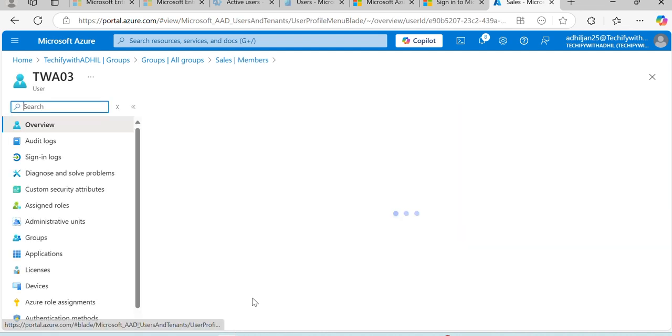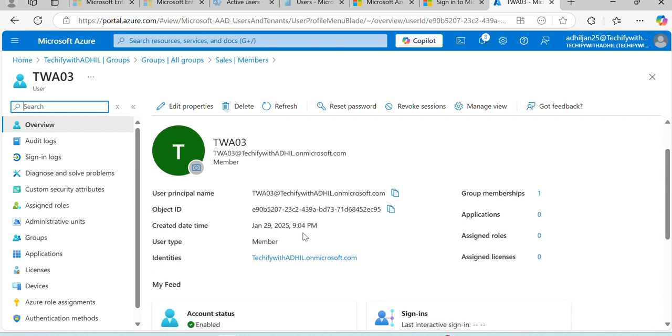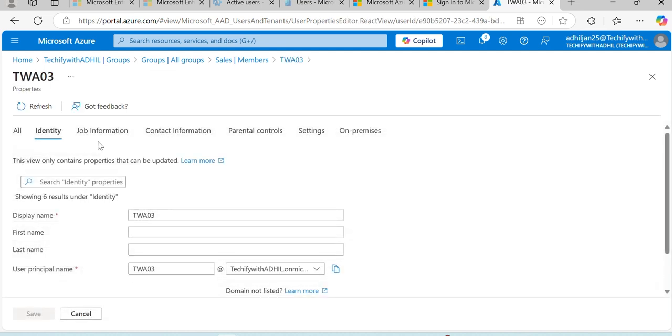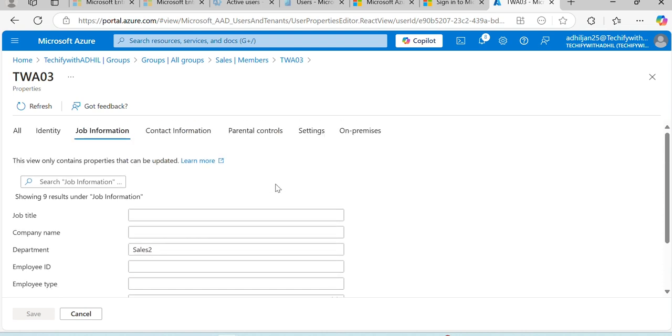Still this user is here. It just takes some time to refresh. Once it's refreshed, this user will be removed because he is no longer under the sales department. He is under the sales 2 department, so he will be removed from this group. So this is how you can manage the users and the groups as well. It's very straightforward and easy. You just have to understand the concepts of